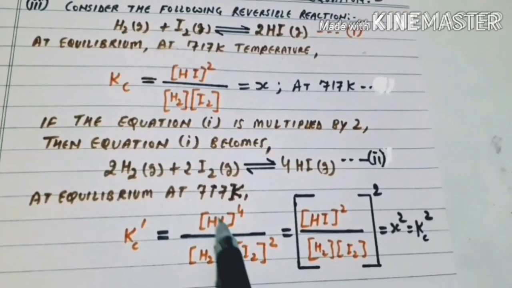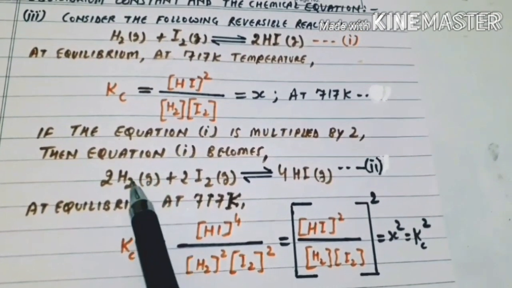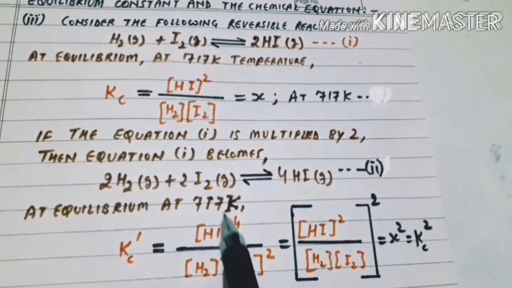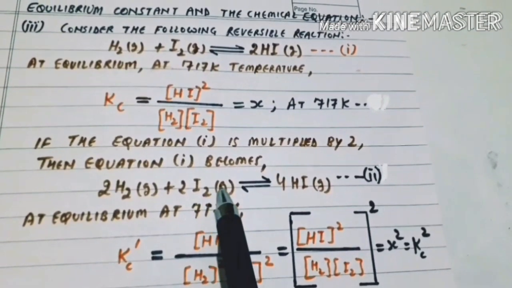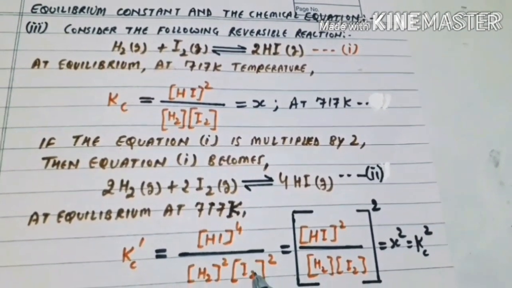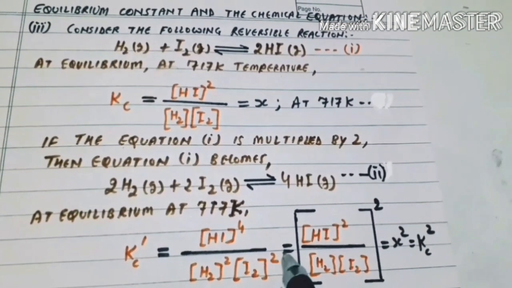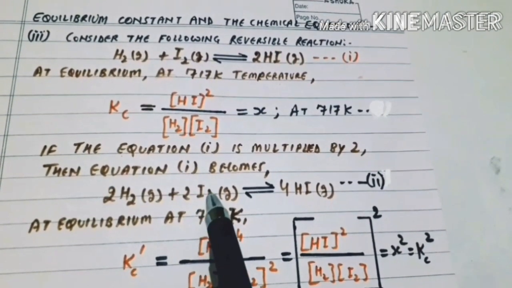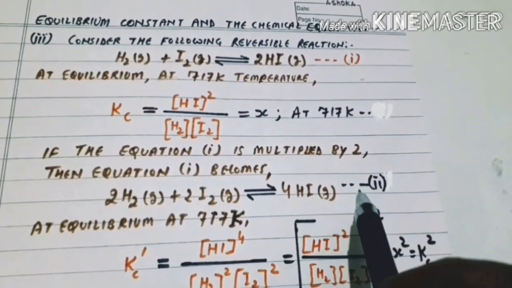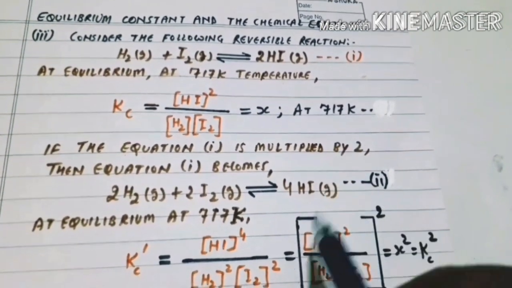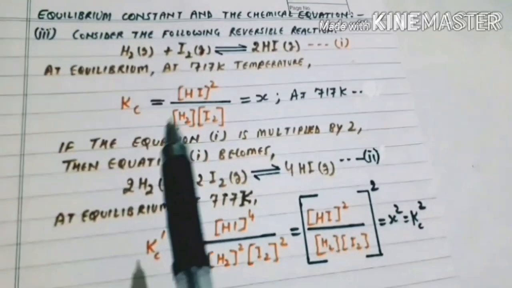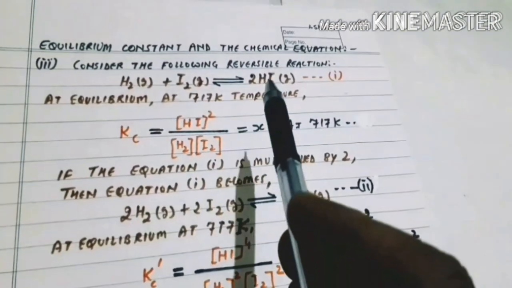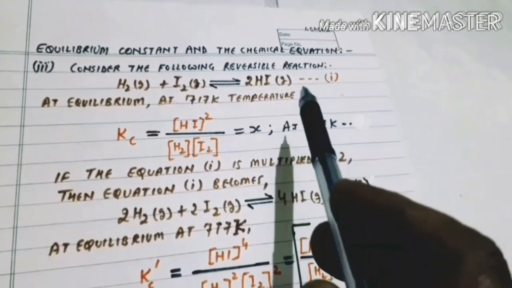So here power 2 is the stoichiometric coefficient of reactant hydrogen gas in the balanced chemical equation 2, into the concentration of reactant iodine gas in mole per liter raised to power 2. So here power 2 is the stoichiometric coefficient of the reactant iodine gas in the balanced chemical equation 2, at the same temperature. Thus, by comparing the equilibrium constant Kc with respect to the balanced chemical equation 1 of the